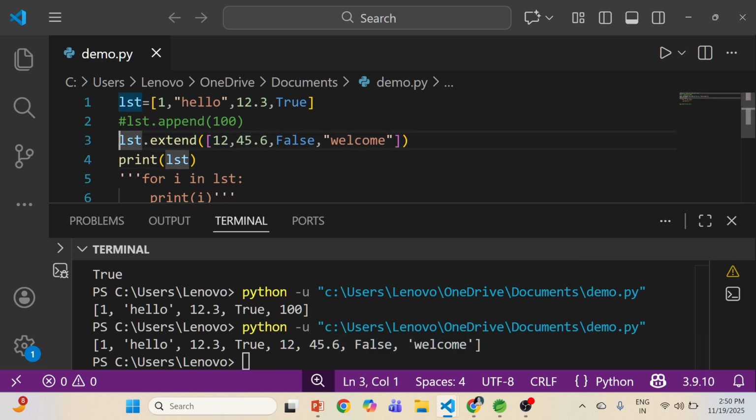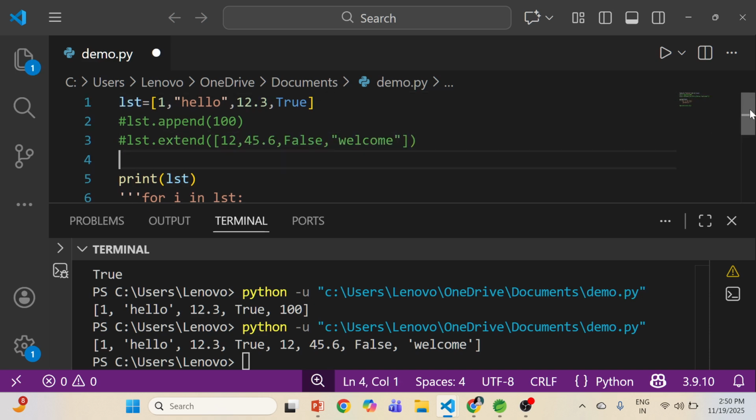Okay. Then the next function is, if I want to count the number of times a value appears in a list, then suppose I will just repeat 12.3. Let's say I have 12.3 three times. Now I want to count how many times 12.3 occurs in this list. So I will use the count function for that.